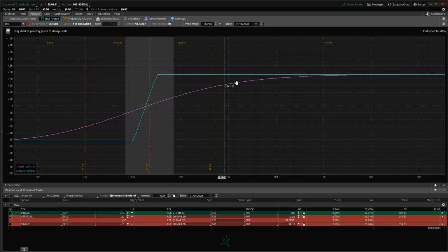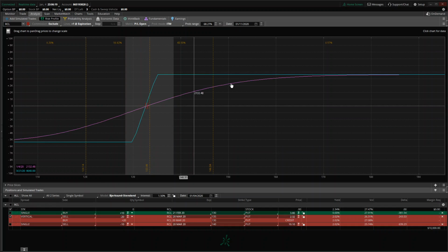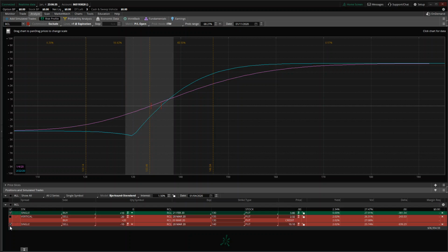Okay, this is the original risk profile. That's the complete one. So I've shown you about the vertical I'll leave as it is. It will become profitable if it goes against me. So I'll leave that one. I'll only have to deal with this put option which I bought. So I'll remove that one. That one comes back, and if I sell this one there,